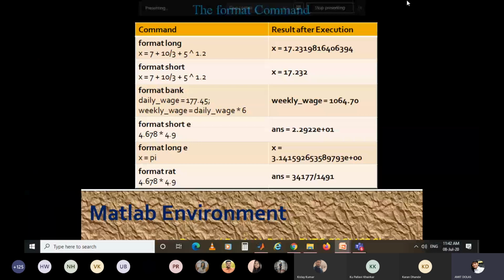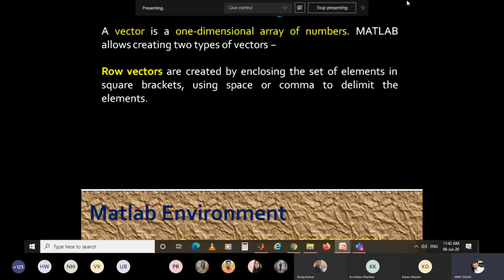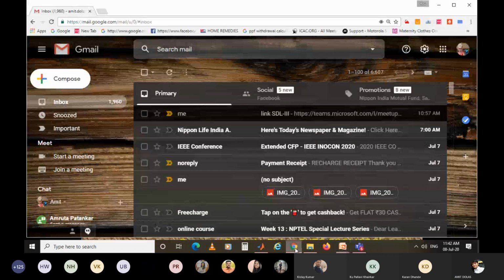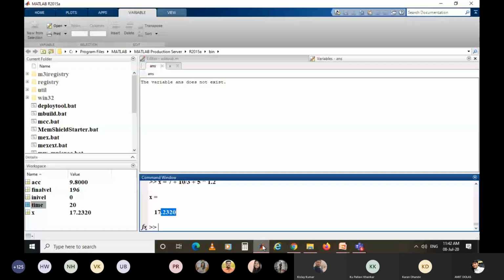I am executing directly. So here I will use format long.